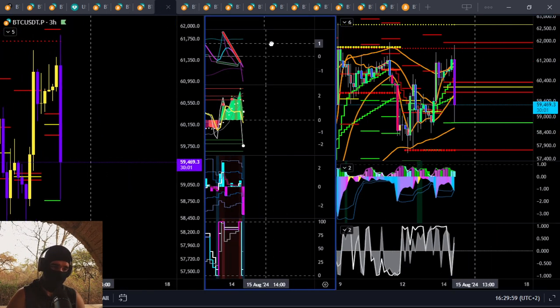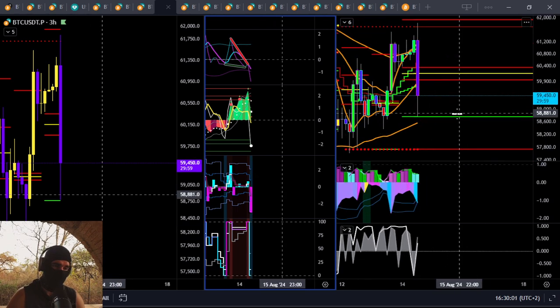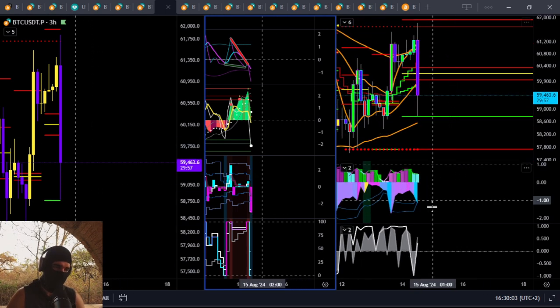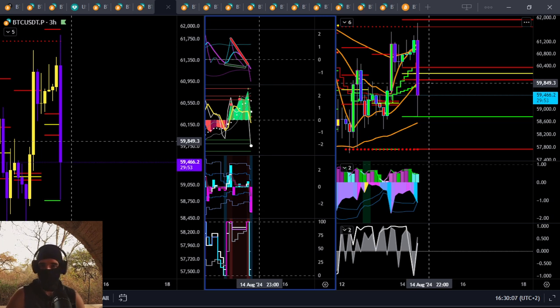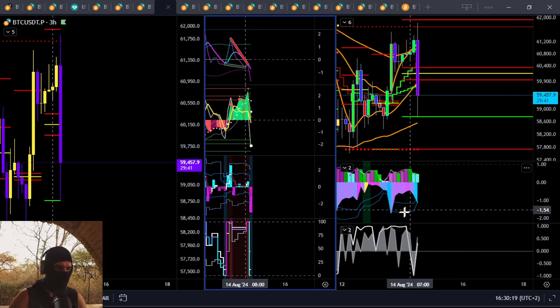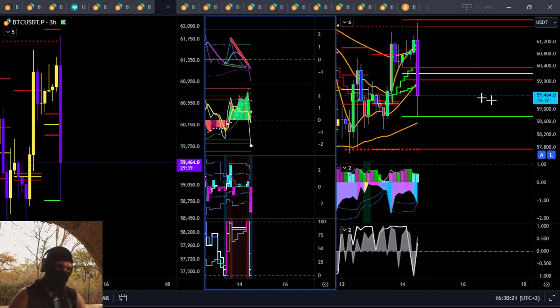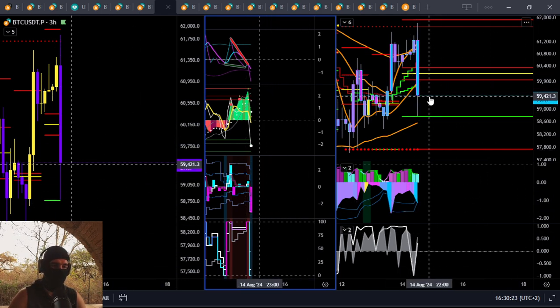We're into the 3 hours, so a lot more actionable. We can see this pullback coming in, all right? Pullback happening on the 3 hour with negative drift. Obviously we just shat the bed right now, hence why I started the stream where we did start the stream. So 59,850. This thing starts closing below here, this trend is still going to continue on the next print, okay?